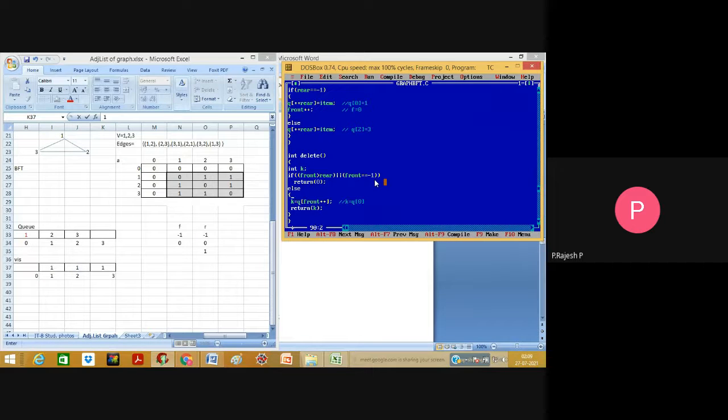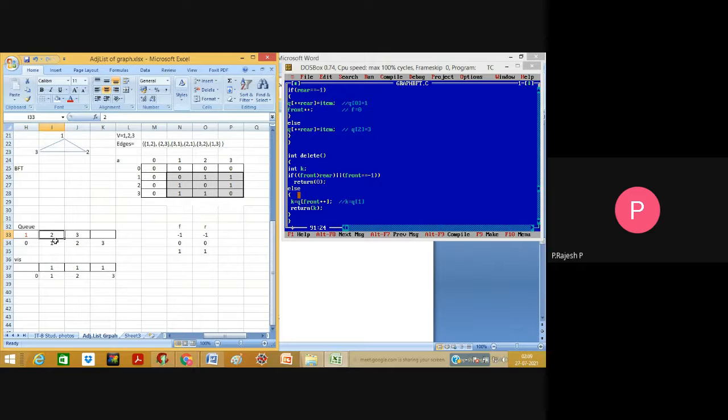So what does it say? K is equal to Q of front, where front is already holding the value 0. So 0 plus 1, which is nothing but 1 right now. So front has been incremented to 1. Front incremented to 1 is nothing but what value? 2.